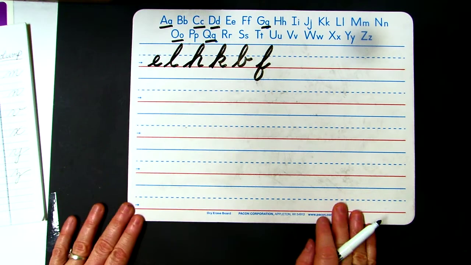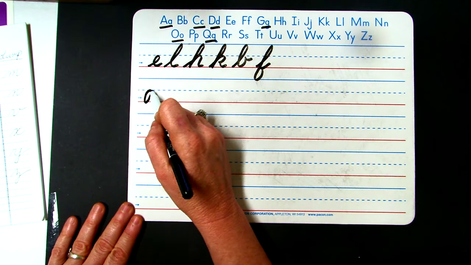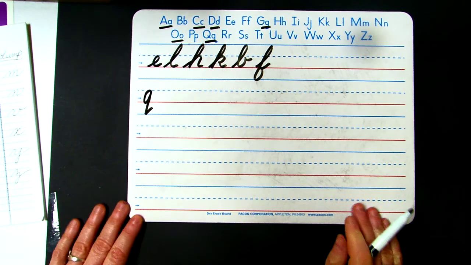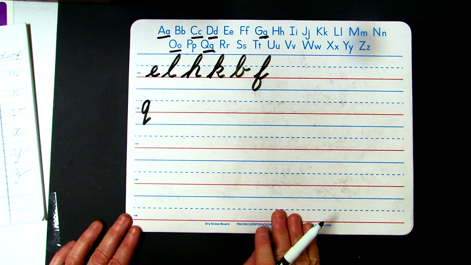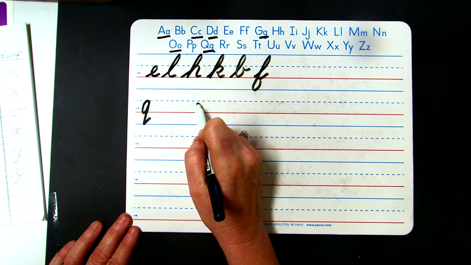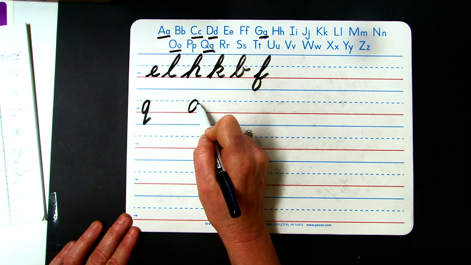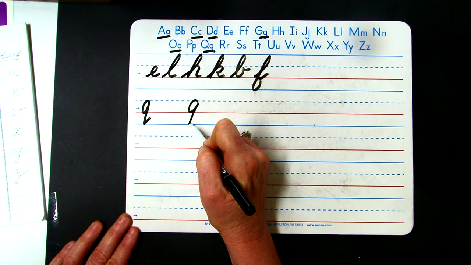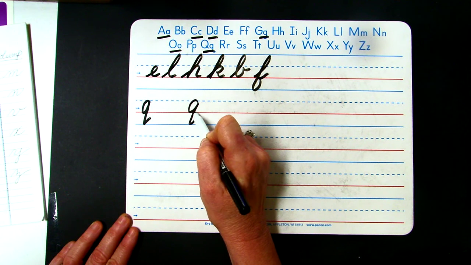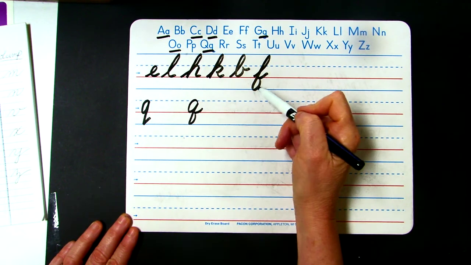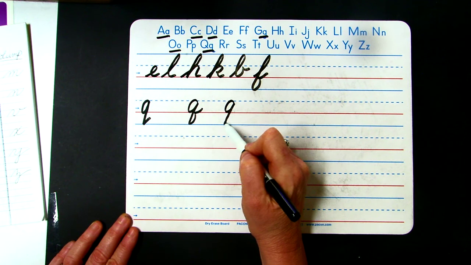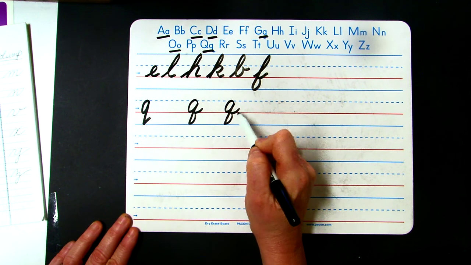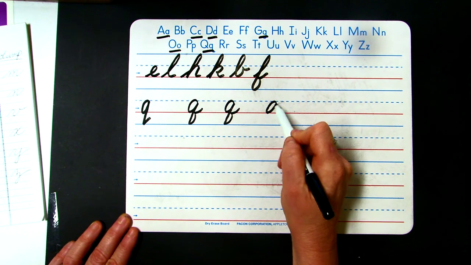Let's do the letter Q. Now, we're not going to spell words with Q this week because we don't have the U yet. However, we're going to learn the Q this week, the U next week, and then we can make words. So for Q, it starts with a curve. You close it. You go into the basement, but you curve backwards and out, kind of like how the F does that. So curve, close it, basement, curve backwards, and out with your tail. So if you want to do a bunch of Q's in a row,